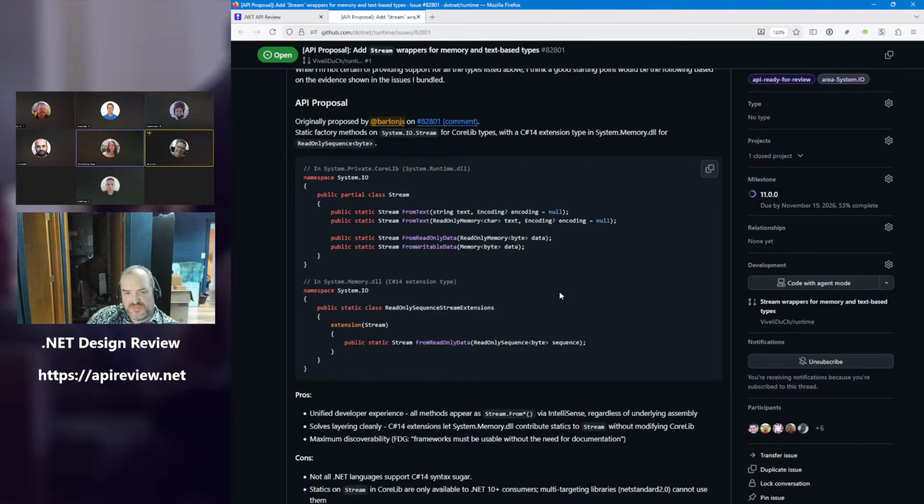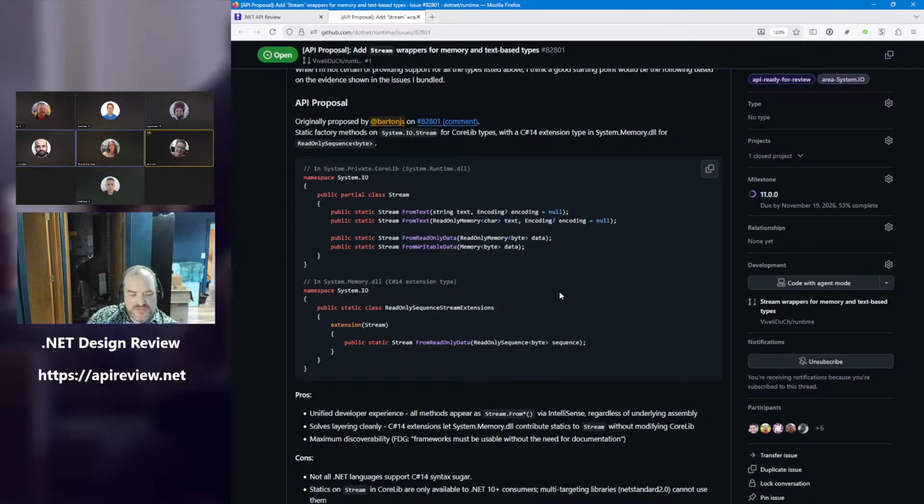Also, one of the conclusions of the API review was to defer the read-only sequence of byte type until static extensions exist, which has been shipped in .NET 10. That's why the proposal now includes it. And another conclusion was to separate read-only from writable naming, which led to the naming of what you see in today's proposal. So, given all these, the questions still are, now that the C# 14 extension members are a thing,